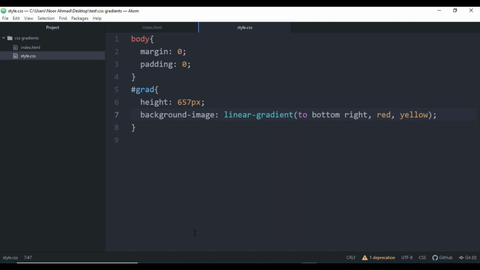And the 0 degree is equivalent to the top. A value of 90 degree is equivalent to the right, and a value of 180 degree is equivalent to the bottom. Now instead of this to bottom right, we can specify the degree. So here I'm going to say from at 180 degree,